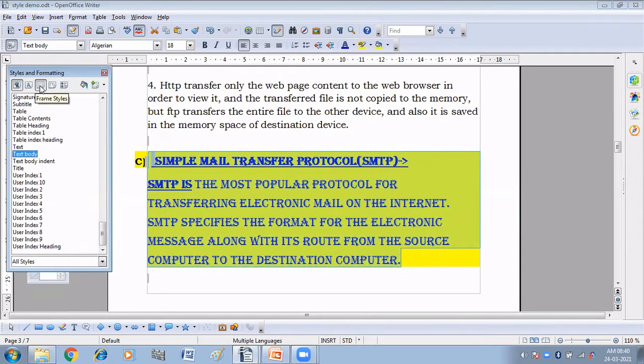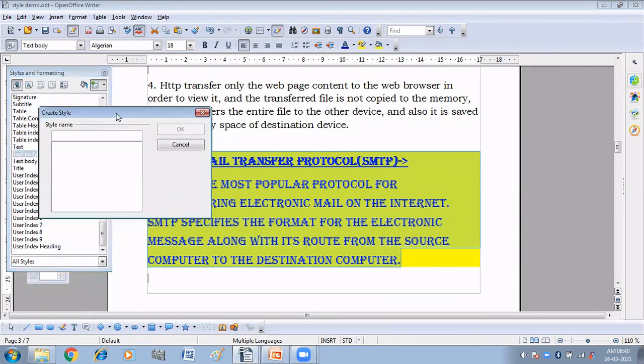Now my style and formatting window is already opened. Here you can see one icon is given. The name of the icon is new style from selection. Click on this and then click on new style from selection.